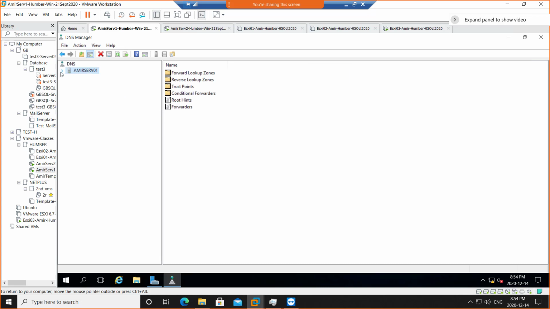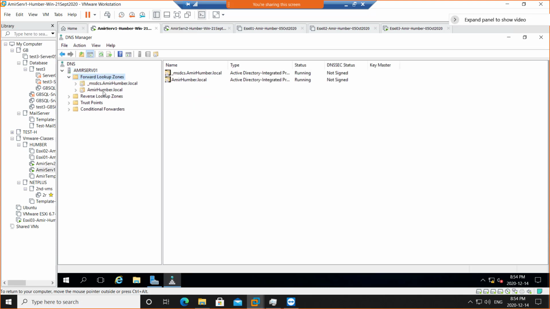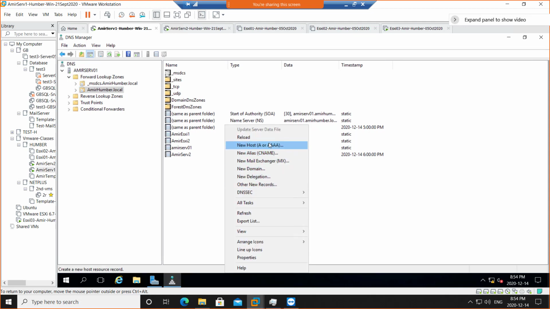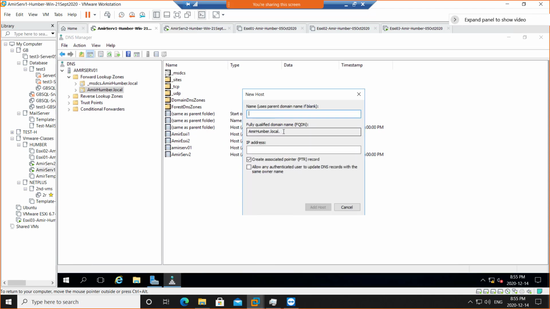I need to create an A record just like we created before, right? So I'm going to expand Forward Lookup Zone, and then there's a domain name there. I just need to right click on the domain name, or right click down here, and create a new host A record. And that would be the correct name. If you don't put the correct name, it's not going to work. Your first name